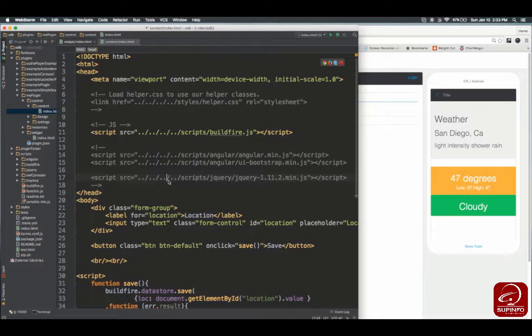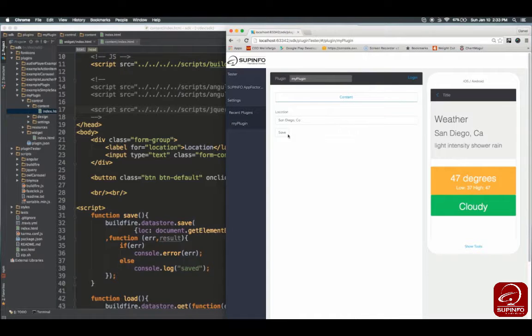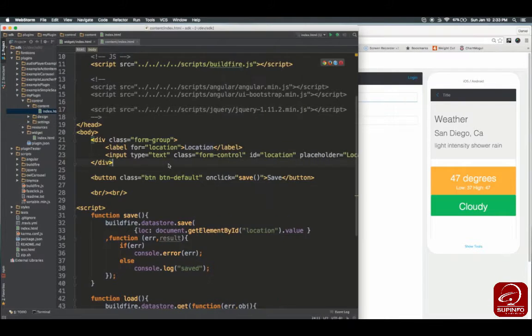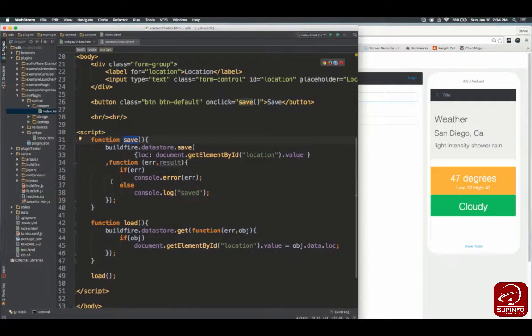So the first thing we did was we went over to control content index.html, which holds this code. And basically all we did is said on click call the save function, and our save function basically called